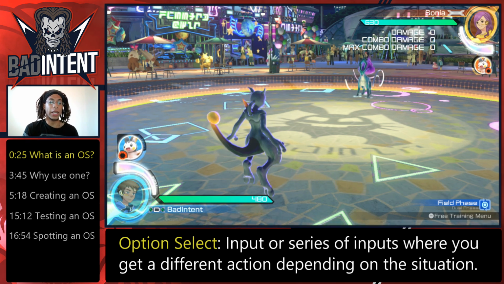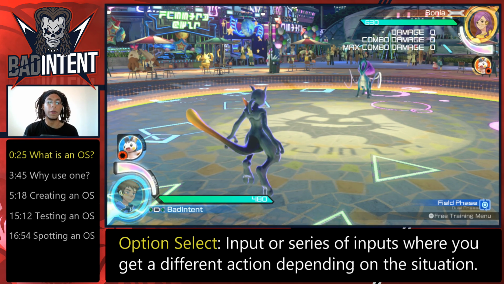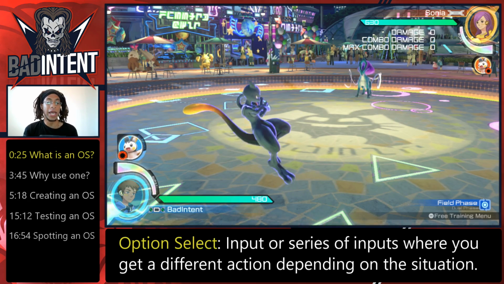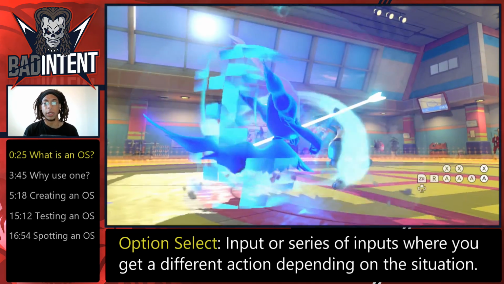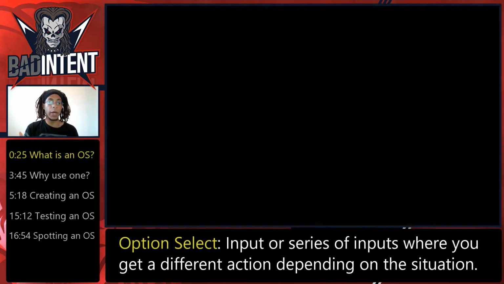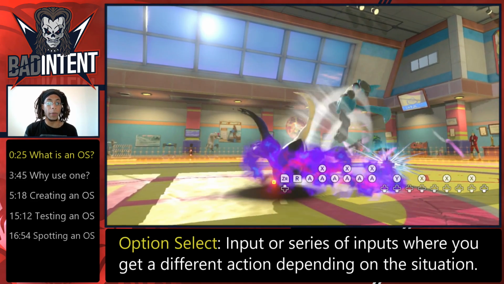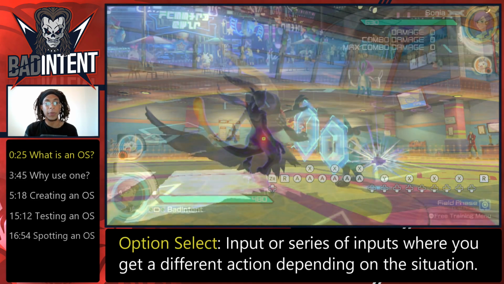An option select is an input or series of inputs where you get a different action depending on the situation. There are defensive option selects and offensive option selects. On defense, there's the anti-bone rush option select, for instance. You block bone rush and then you press counterattack 3 times quickly. On bone rush upper and bone rush slam, your counter will hit them. And on no follow-up, your counter won't come out at all and you can punish the move since it's minus